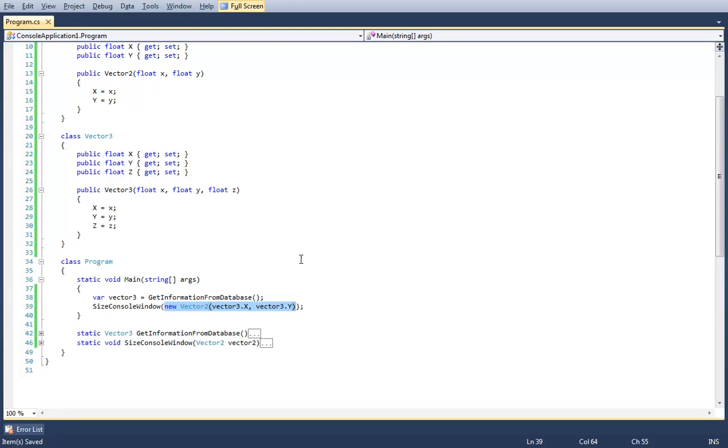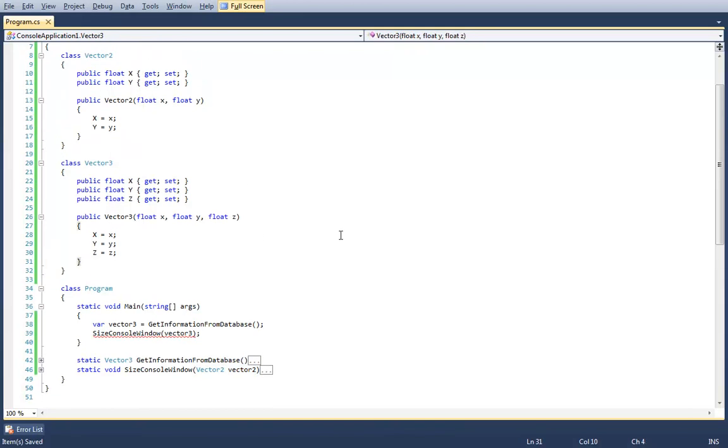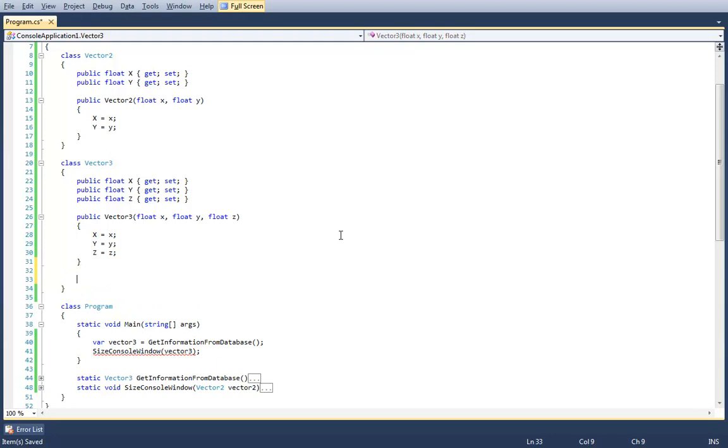So user-defined implicit conversions are, not surprisingly, a way in which I could pass this Vector3 into a method that takes a Vector2 and have the Vector3 decide how it's to be converted into this Vector2. We get an implicit conversion without having to specify any additional syntax. So to do that, if I jump into my Vector3 implementation, I can do this. And this syntax is going to look a little bit funky for now, but I'll explain it. It's going to be a public static implicit operator Vector2, Vector3 RHS.